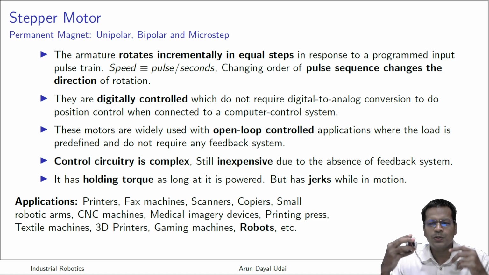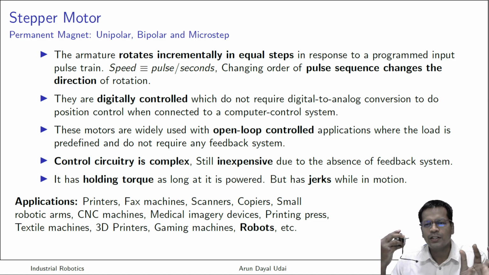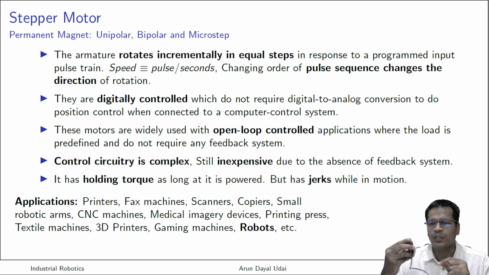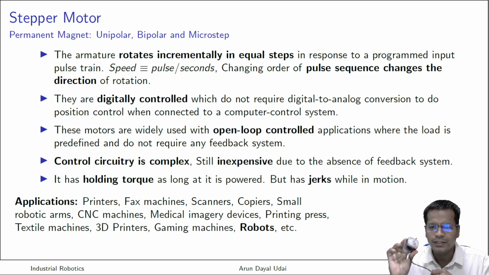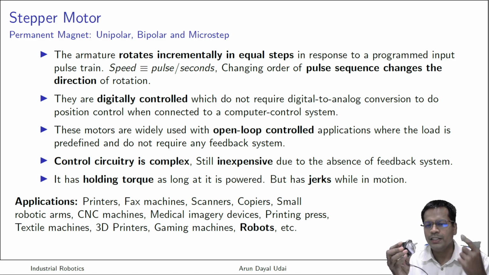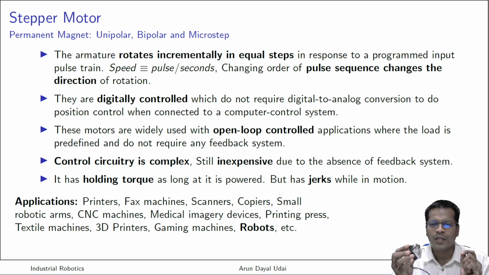And as soon as you start your printer, you might have observed that your head goes to a homing position. Even in a dot matrix printer or inkjet printer, when you start it, your head goes to one side of the printer. That is the position which is well known to the motor, because they are incremental in nature. They never know where it is. These types of motor don't have feedback. Each sequence will turn it by 1.5 degrees if it is 1.5 degrees per step. But where is 0? It never knows where the starting frame is.